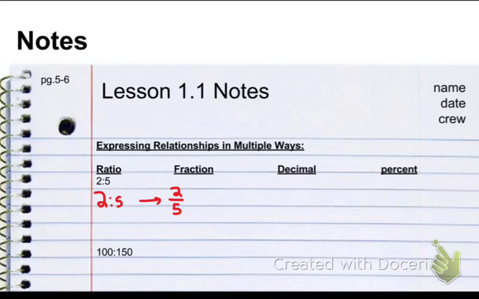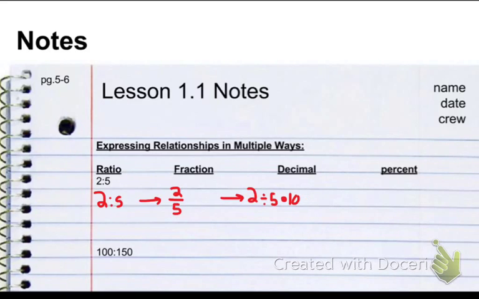So then, I need to make it into a decimal. Well, how do I make a fraction into a decimal? Easy. You take the numerator, divide it by the denominator,